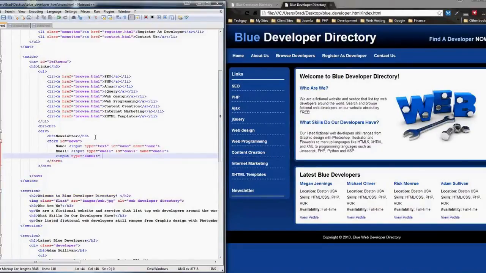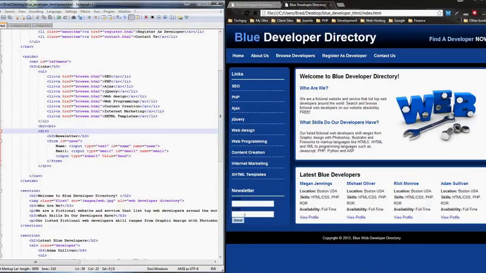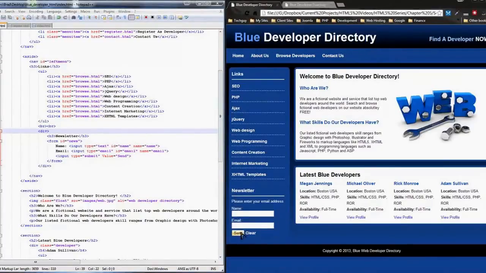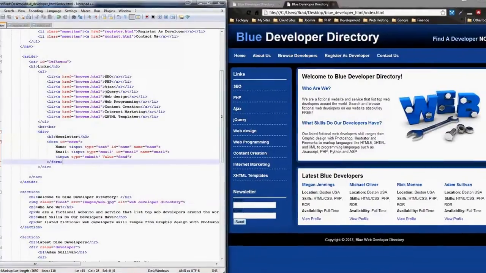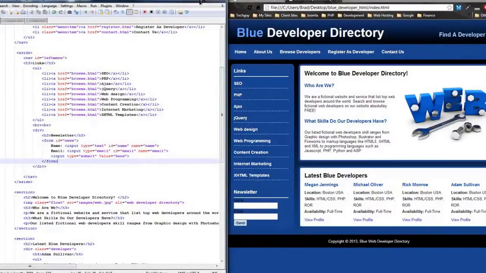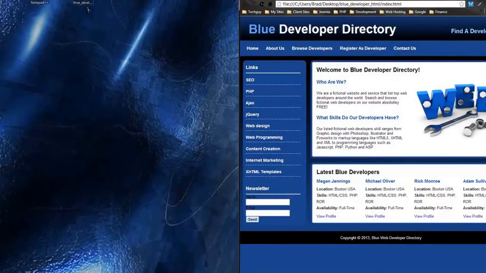And the value, which is what is written on the button, we'll just say send. Okay, let's save and reload, and now we get our little form. If you look at the finished one, we have white text, so what I'm going to do is go into the CSS of this,